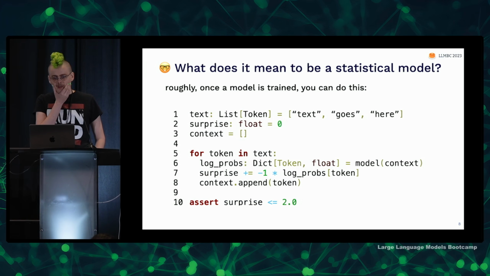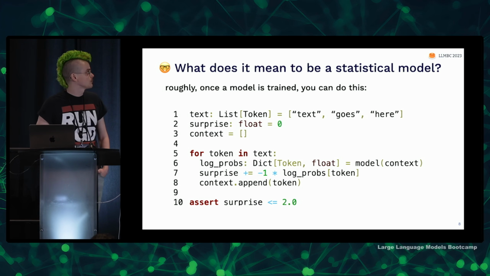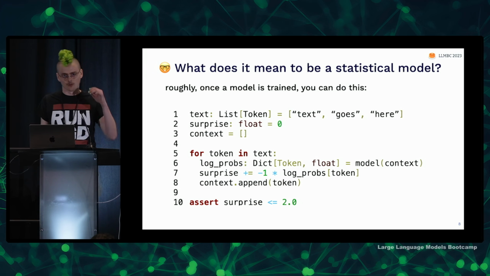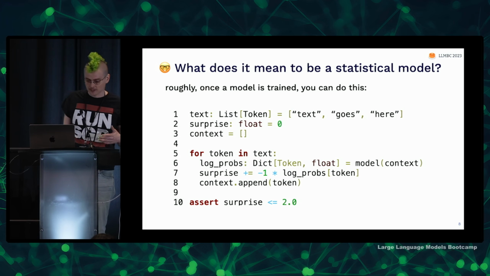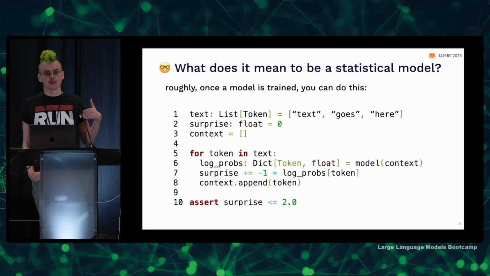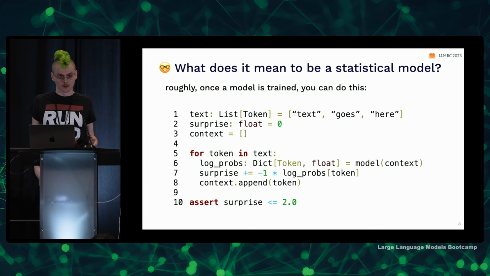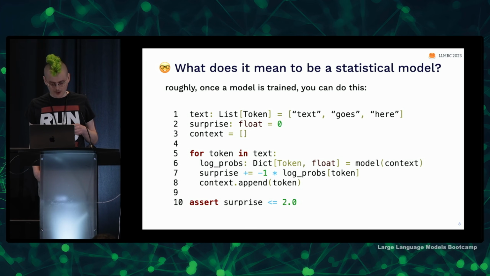What do I mean when I say that it's a statistical model roughly of text? Roughly, it means that when the model is trained, you can take some list of text that you pulled from somewhere, let's say some text you sampled from the internet, and go through the tokens in that text, the pieces of that text, pass them through a model, and it'll give out a probability of what the next word is going to be. This is called an autoregressive model. It's just a term of art. Autoregressive, like predicting on itself.